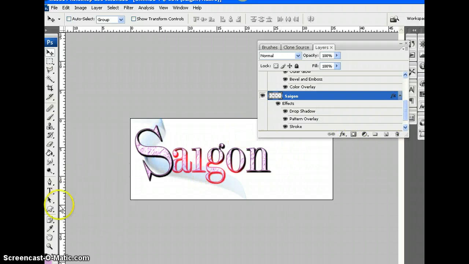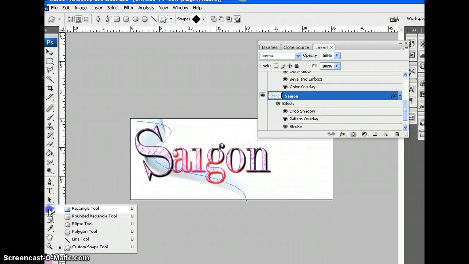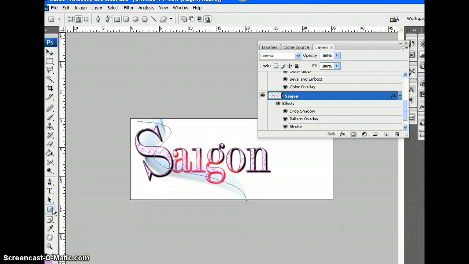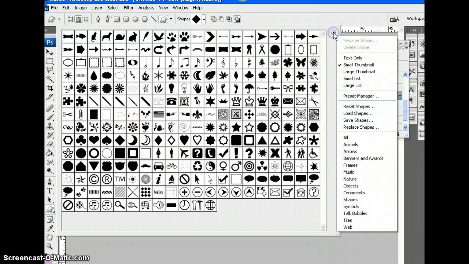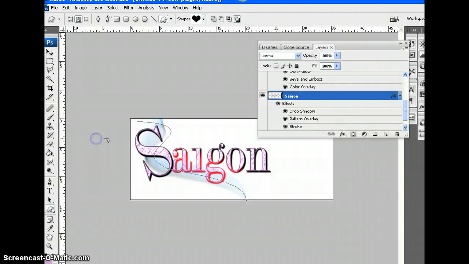I'm going to replace that with a shape. So if you come down to the rectangle tool and just click and drag, you've got custom shape tool. Let's go into the shape tool. There's loads of shapes to play with. If you can't find all of them, just click on this little black arrow and choose all, and you'll get all these shapes. I'm just going to choose a heart and make sure it's a filled shape